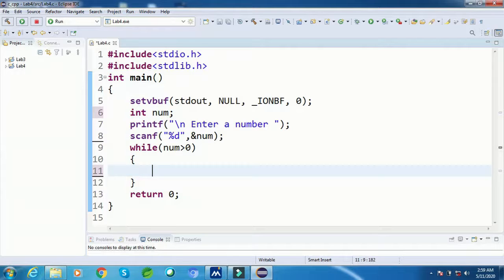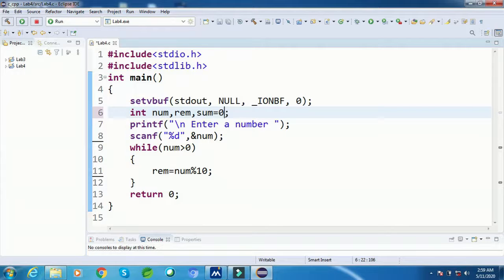So first thing is I need a remainder. So I am going to say remainder equal to num mod 10. So this statement will give me the remainder of the user entered number, the first remainder. So if user enters 1, 2, 3, 3 will be the remainder. I have to declare a variable, that is remainder. I need a sum also, equal to 0.